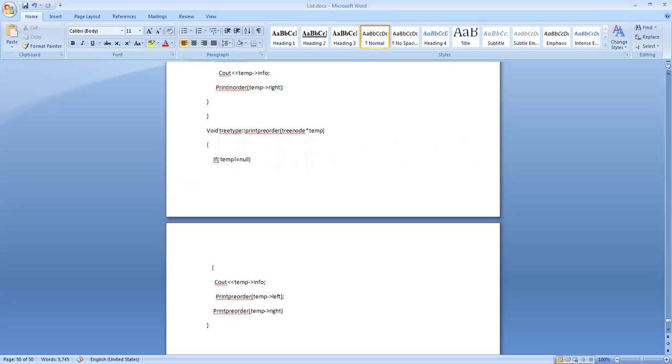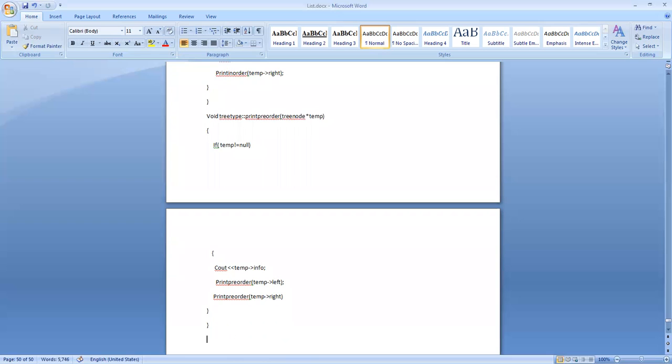That's how. Now you see here we write the parent first of all, then go to the left side, then to the right side. It keeps on executing as long as the current temp is not equal to null. You would have written the contents of the tree in a pre-order way.